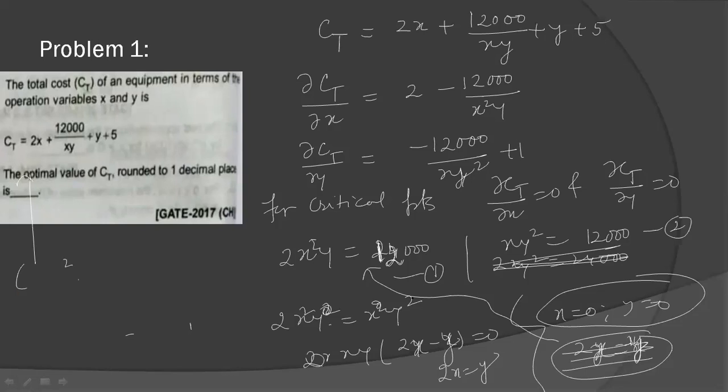We get the second condition: 2x equal to y. Put y equal to 2x in equation number 2. So it will give you x into 2x square equal to 12,000. So x cube will be 3,000. Then x will be 14.4. So y is just double, so y is 28.8. So the critical point is 14.4